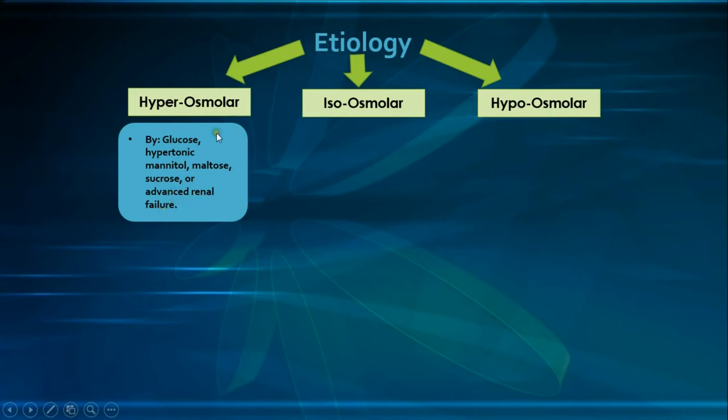advanced renal failure. Now, what really happens in advanced renal failure is the retention of free water, which causes dilution of the sodium and therefore hyponatremia. But since you also have retention of urea, which is an osmol, your calculated serum osmolality will be high. But since urea is an ineffective osmol, your effective serum osmolality will be low. And therefore, advanced renal failure actually fits better under hypoosmolar hyponatremia because it's the free water that is causing hyponatremia